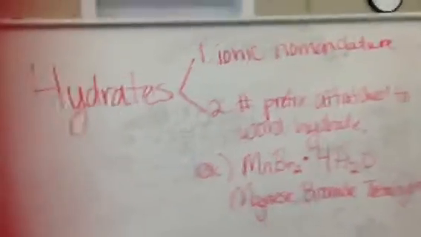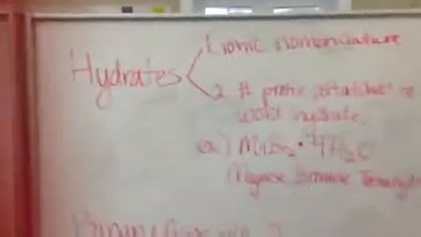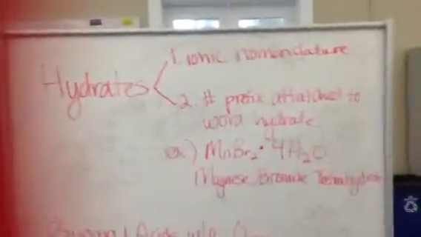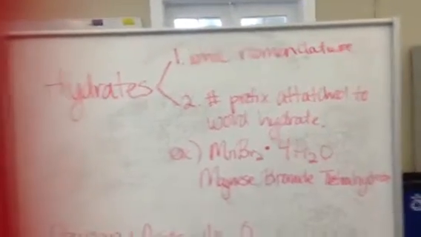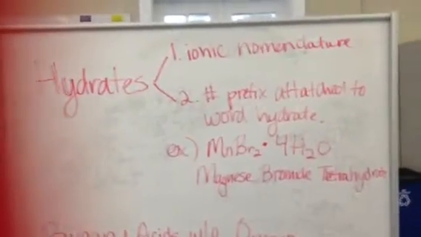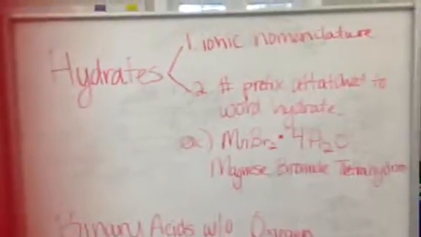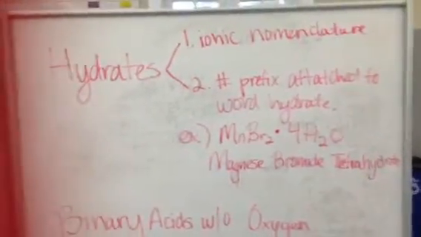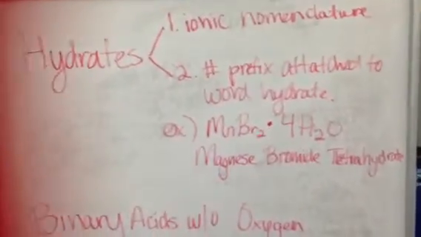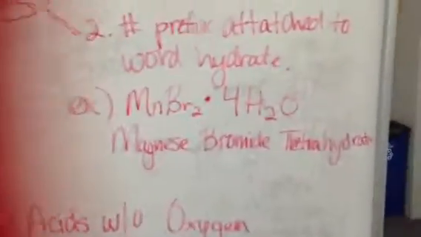Now I will do number 4, which asks for the explanation of chemical nomenclature. So first we have hydrates, and the first step in naming a hydrate is for the first word, you're going to use normal ionic nomenclature. Then for your second word, you're going to attach a numeral prefix to the word hydrate. So as our example, we have